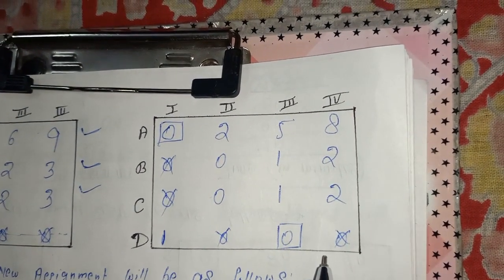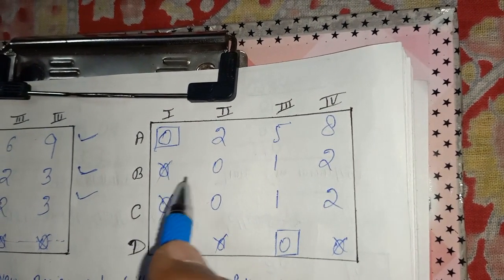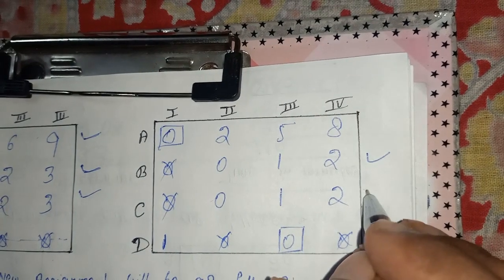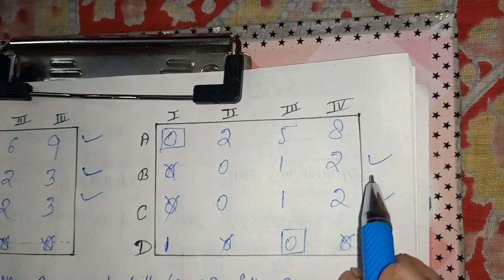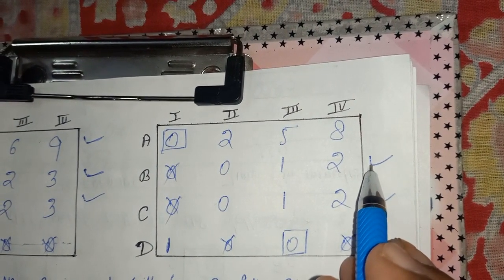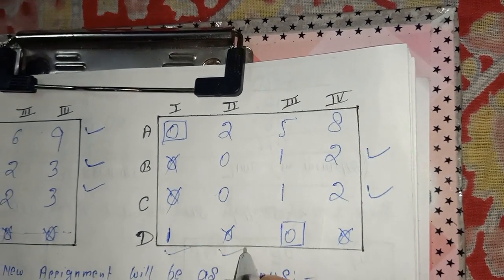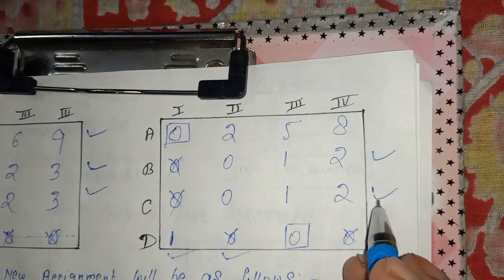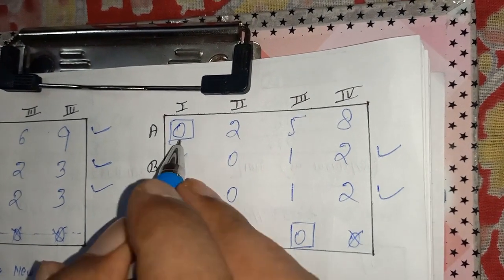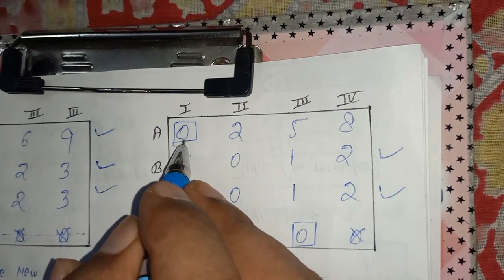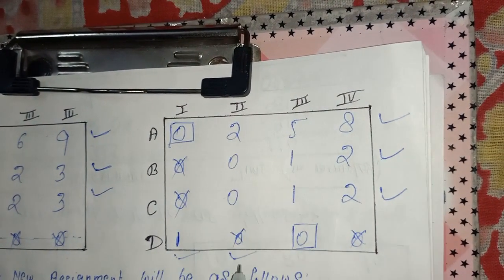2 rows are assigned. Come to the Hungarian method steps. Revised matrix will be obtained. Tick the row which has no assignment. Row B and row C have no assignment. Check whether any 0 is there in this row. Tick the columns. Tick, tick. Second row, tick row C. Same zeros are there in the same column, first and second. Now check column first. Assigned 0 is there. Corresponding row is A, ticked. Here no assigned 0 is there.